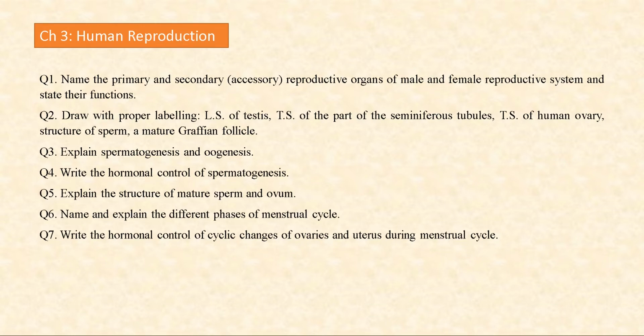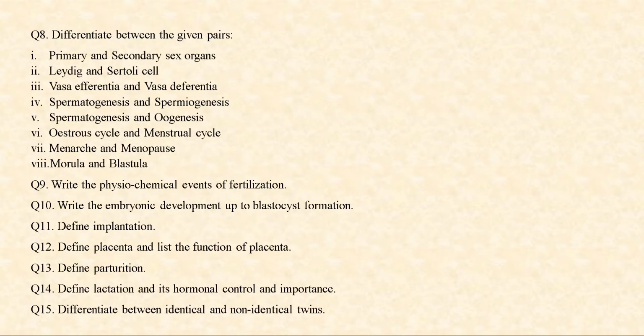Then explanation of spermatogenesis and oogenesis, then the hormonal control of spermatogenesis, then explain the structure of mature sperm and mature ovum, then the different phases of the menstrual cycle, their names and explanation, and write the hormonal control of cyclic changes of ovaries and uterus during the menstrual cycle. Then differences between primary and secondary sex organs, Leydig and Sertoli cell, vasa efferentia and vas deferens, spermatogenesis and spermiogenesis, spermatogenesis and oogenesis, estrous cycle and menstrual cycle, menarche and menopause,